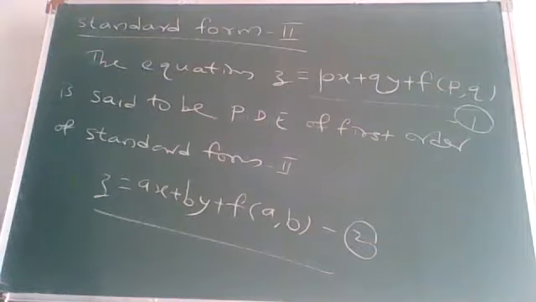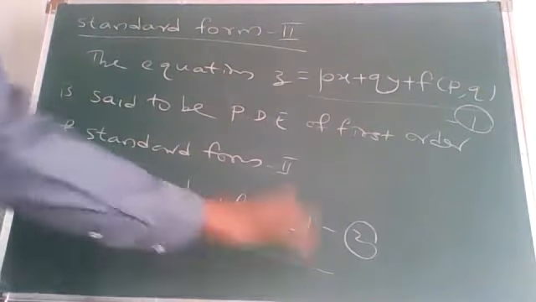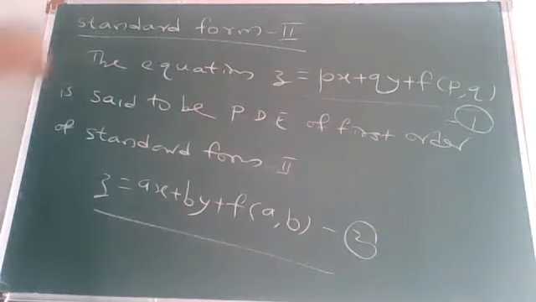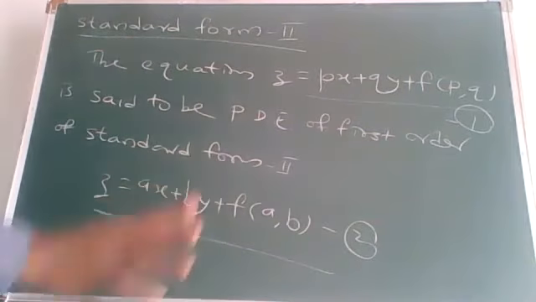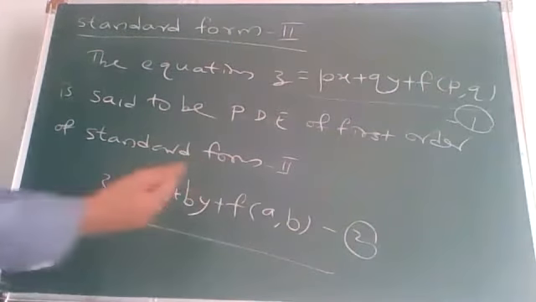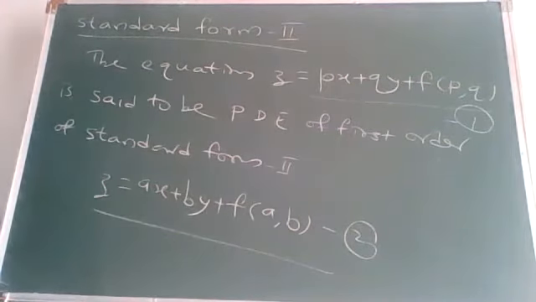The given equation z equal to px plus qy plus f of pq contains two independent variables x and y, and so its complete integral must have two arbitrary constants. Because of that, this is the final complete integral of standard form second. See, this is very easy. z equal to ax plus by plus f of ab, and this equation is obtained by putting p equal to a and q equal to b in equation number 1. Otherwise, by putting a equal to p,